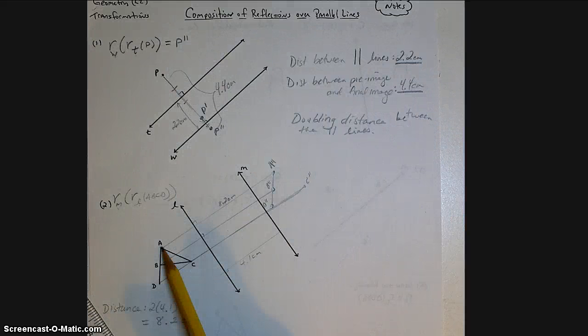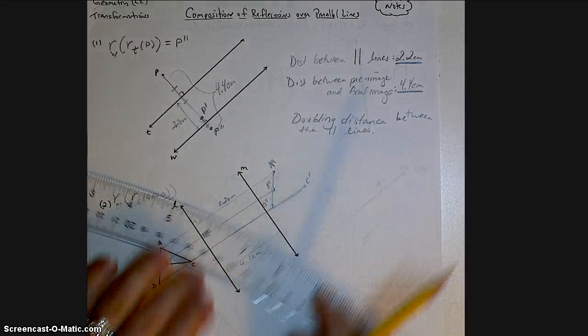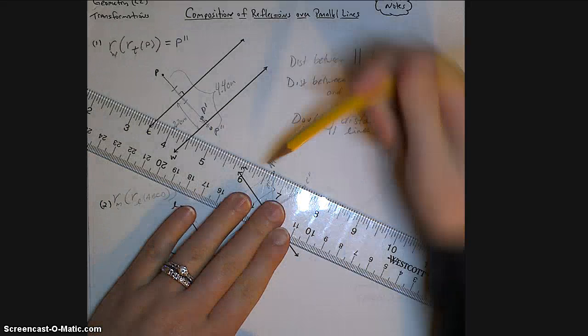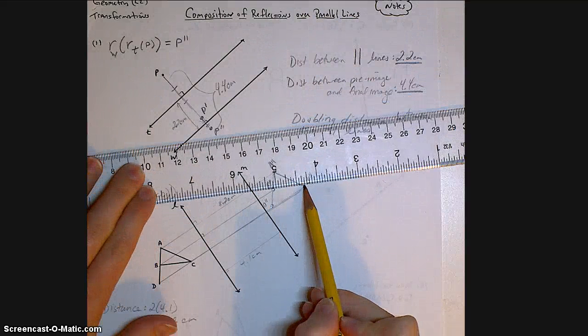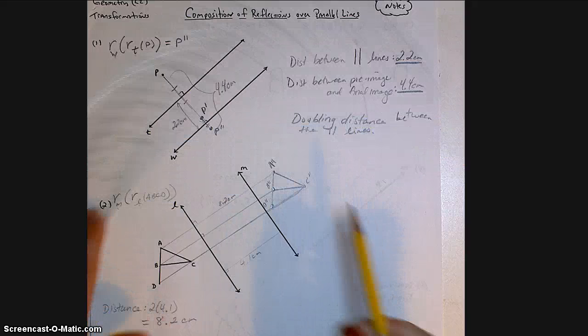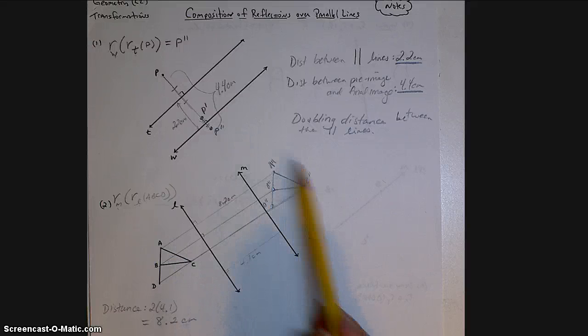And then A is connected to C, which is then connected to B. So same idea in our image. I need to connect A double prime to C double prime and C double prime to B double prime. And now I can see if I did this reflection and then a double reflection, this is what I would